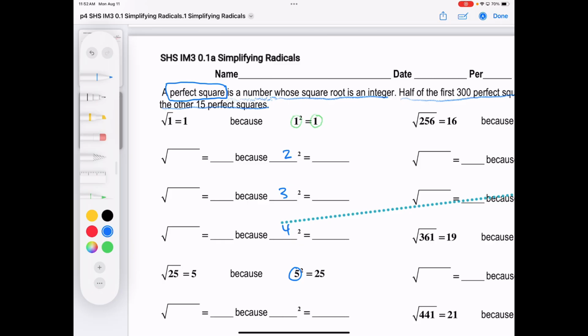So if I already know that the answer is going to be that number, 2, 3, 4, the question is, what goes inside the radical sign, that house? Well,